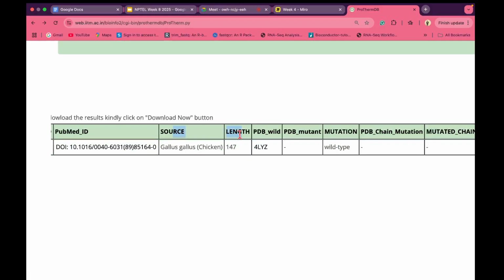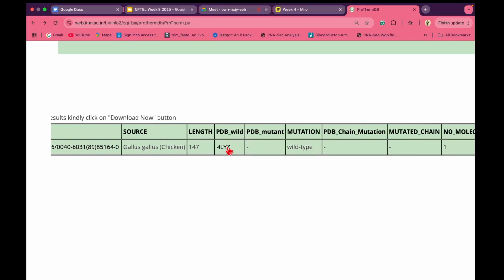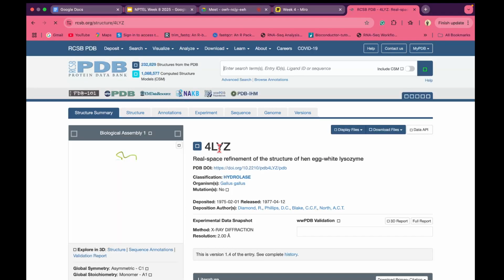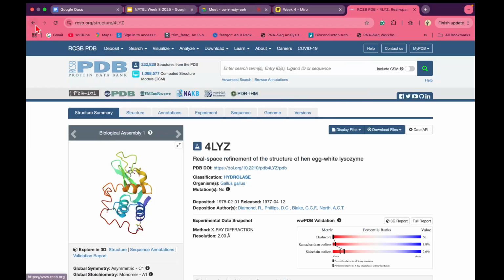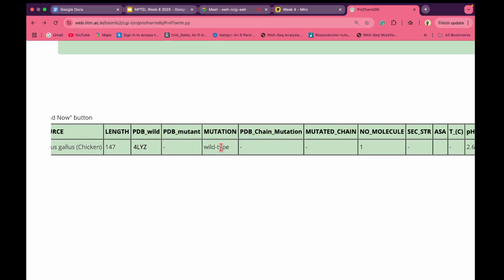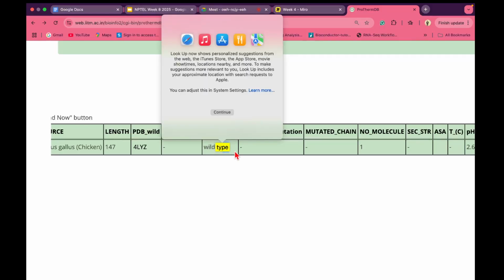Followed by that we have source. So what organism? This lysozyme protein is from chicken, that is Gallus gallus. Length is 147. PDB ID is 4LYZ. So we can click again on 4LYZ. It gets redirected to the PDB database. And see, this is related to a wild type. So this row in the ProThermDB corresponds to a wild type,